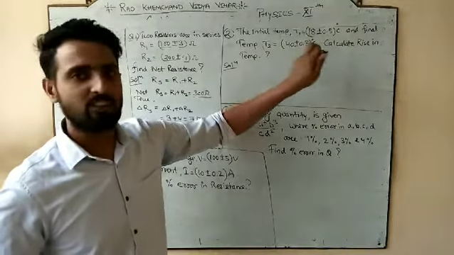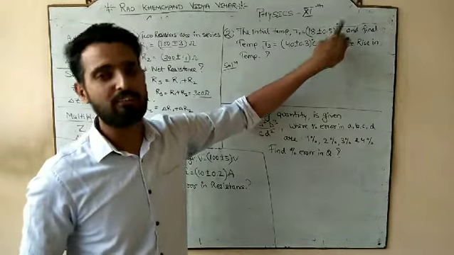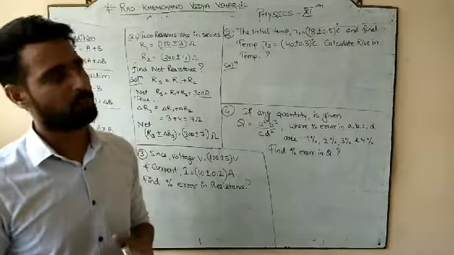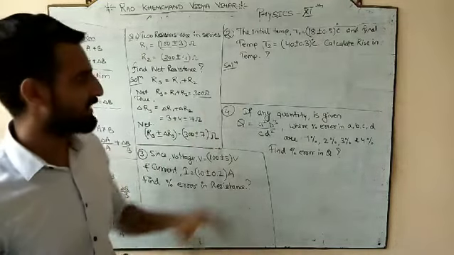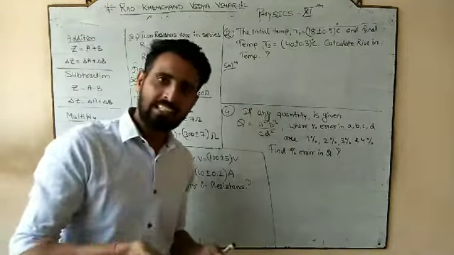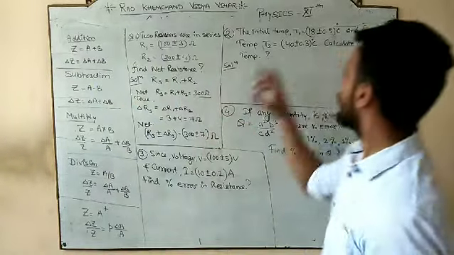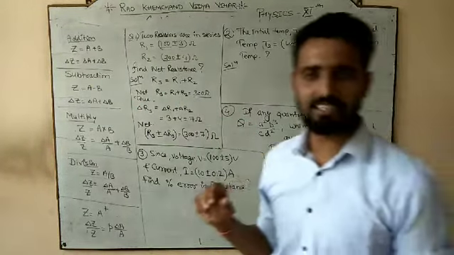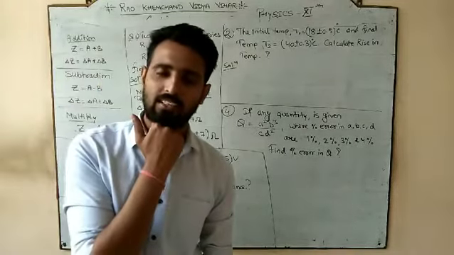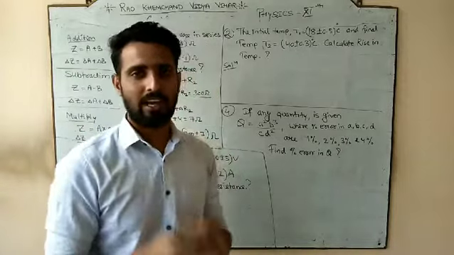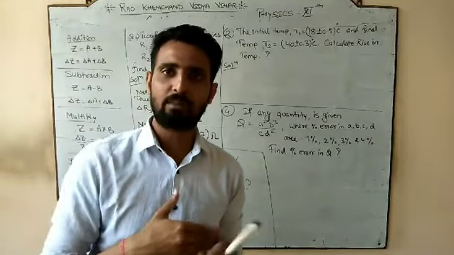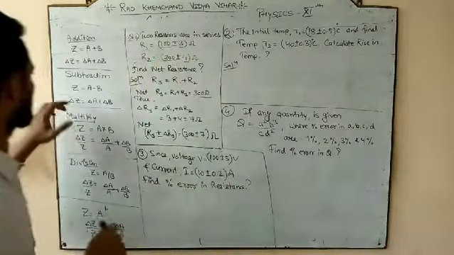Second, check this out. The initial temperature is 18 plus minus 0.5 degrees Celsius. So first temperature is 18 true value, plus minus 0.5 means error is 0.5 degrees Celsius. Final temperature is 40 plus minus 0.3 degrees Celsius. Calculate the rise in temperature. So this was your initial temperature, this is your final temperature. So rise in temperature nikalna hai. So what thing do we have to do? I have initial temperature, final. So how can I calculate rise in temperature? By final temperature minus initial temperature. So which operation do I have to do?